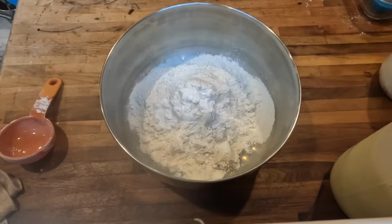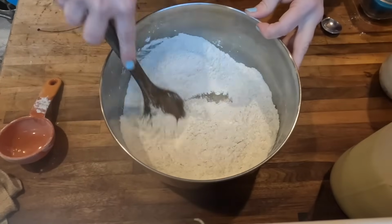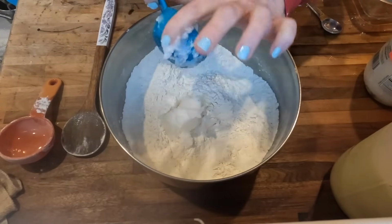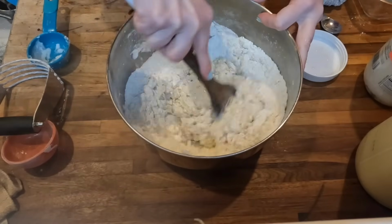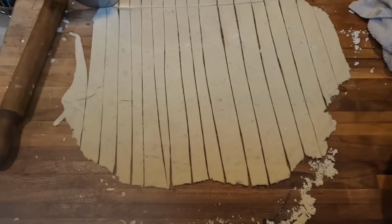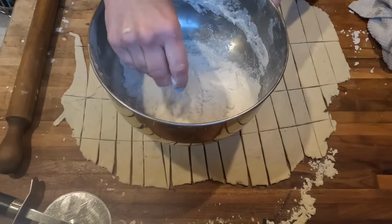I like to use this recipe for my dumplings. It's 2 cups of flour, 2 teaspoons of baking powder, a teaspoon of salt. I mix all of those dry ingredients and then work in 1/3 cup of coconut oil or butter, and then add 3/4 cup of milk. Mix all of that together, knead it on the counter, and then flatten it with a rolling pin. I use my pizza cutter to cut the strips in about 1 by 3 or 4-inch pieces, and then I'm